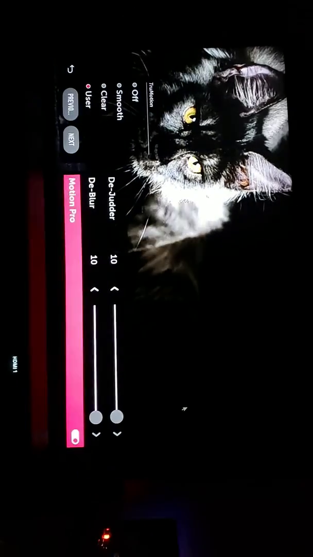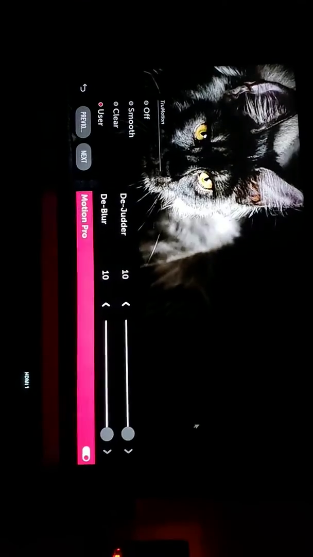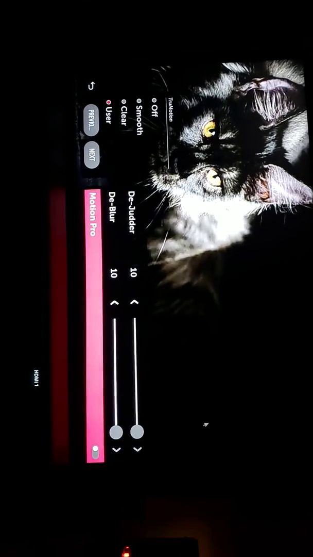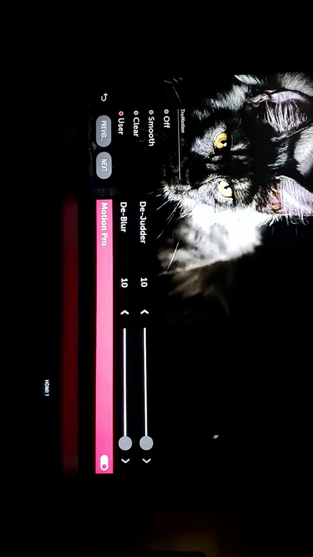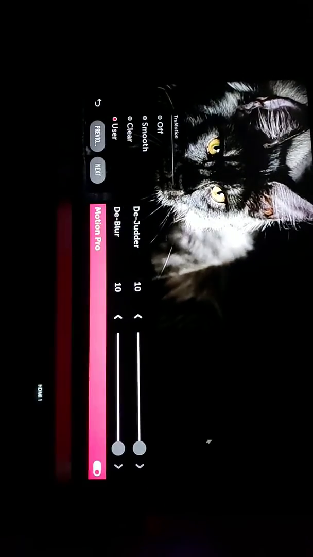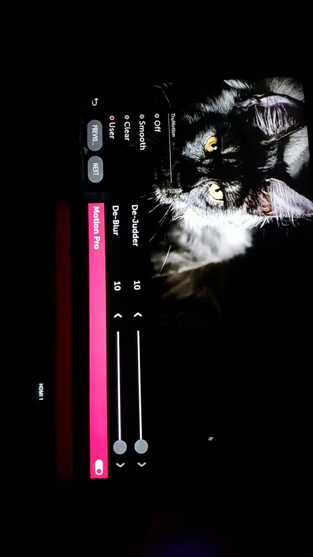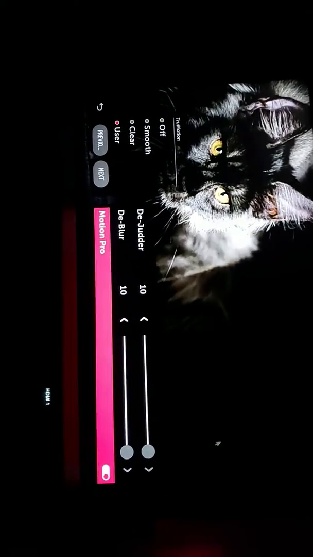Now I don't know how well you can tell the difference. It now appears to be flickering through my phone. In real life, you really can't tell that, but apparently the phone is picking up that there's a slight darkening, probably a strobing effect would be the way to put it. My human eye can't really tell it's doing the strobing. I just noticed that it darkens a little bit. But anyways, when you do that, you get out of here, and now you won't have much, if any, noticeable